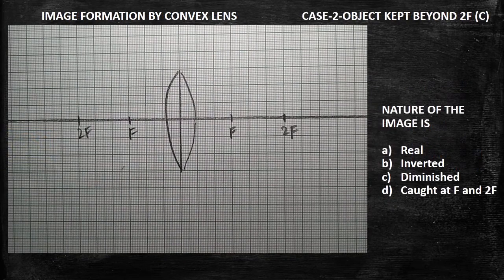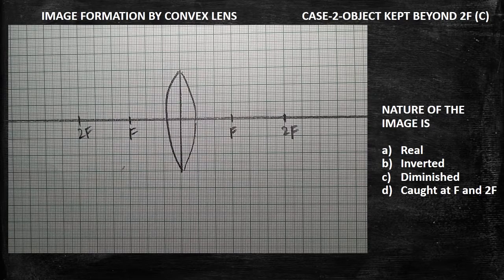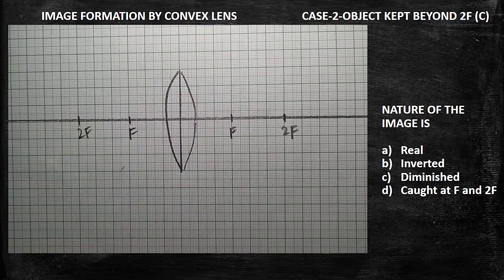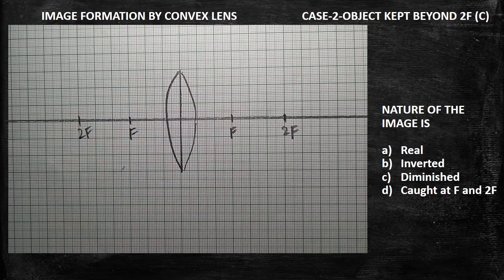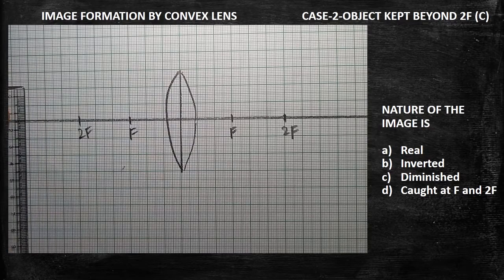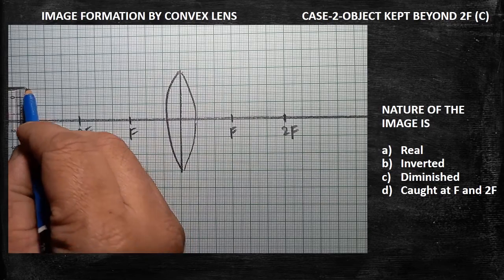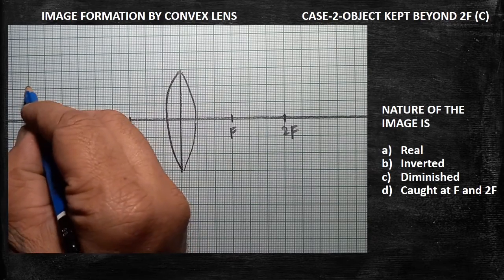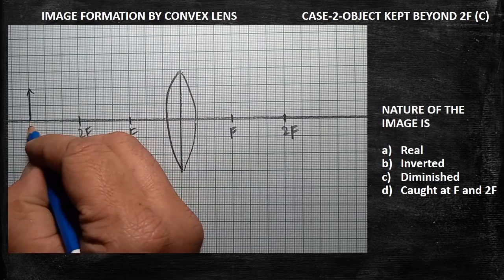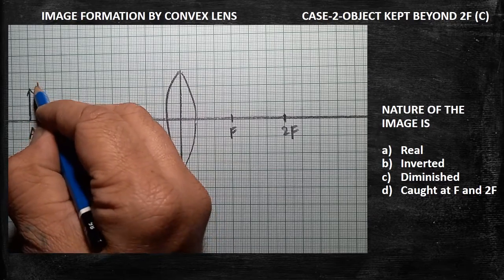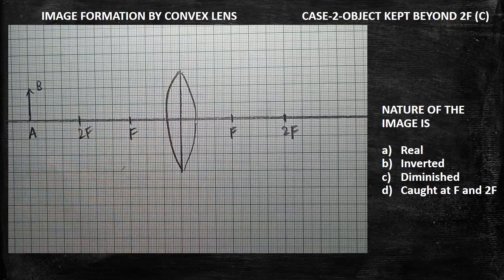We are going to draw the ray diagram for the second case. Now the object is to be placed beyond 2f. Okay, you know what is 2f? Beyond 2f, the object is to be placed. Now, the object is nothing but our candle. One candle is to be used. That candle can be drawn here like an arrowhead. Are you clear? Now I am going to draw one arrowhead. That arrowhead shows the candle. The candle acts as an object that is kept beyond 2f.